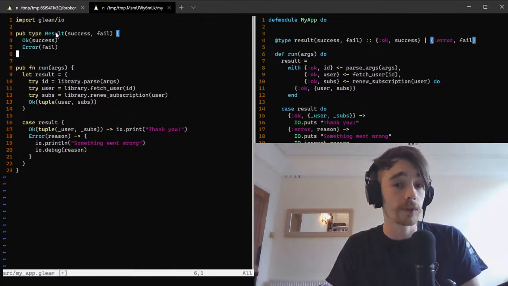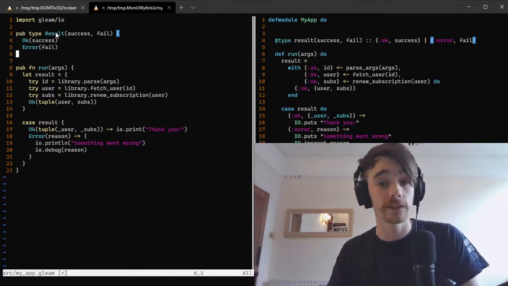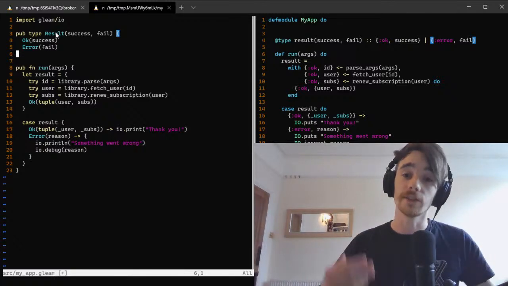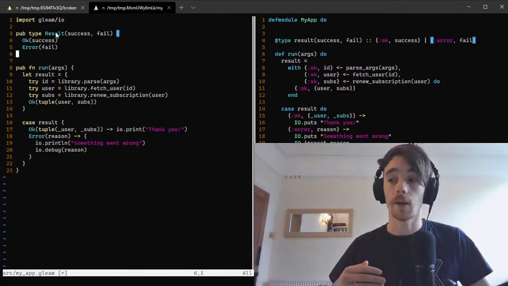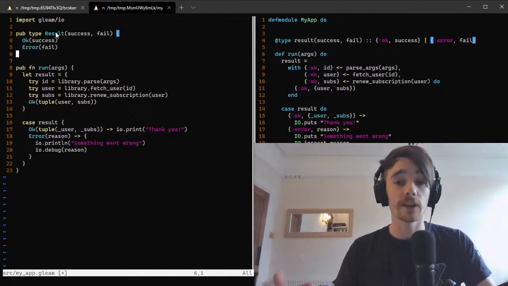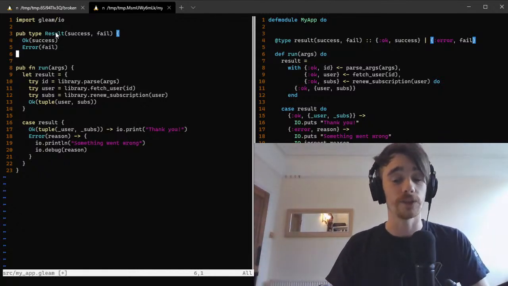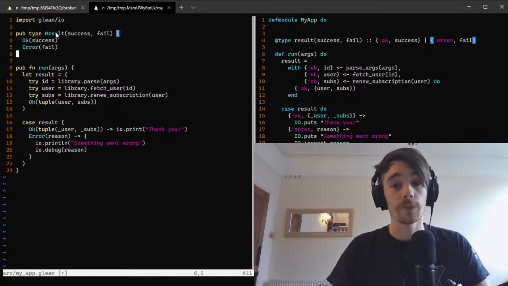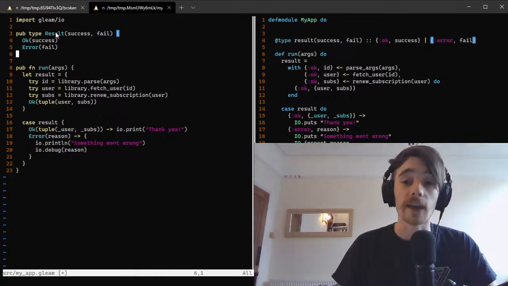and this compiles down to exactly the same code that you would use if you were writing this in Elixir, which means that this type has compatibility with all the libraries and all the code in the Erlang and Elixir world. So in this way, we're designing the language so that it can integrate really well into existing Elixir and Erlang code bases, but it's also going to have lots of extra functionality.